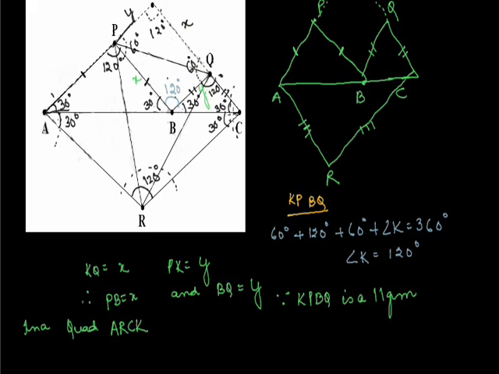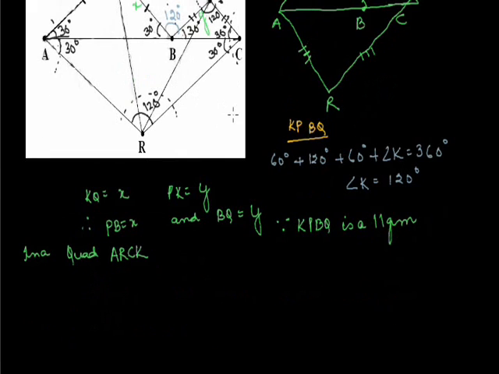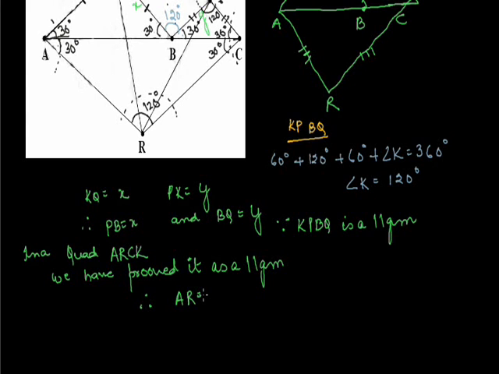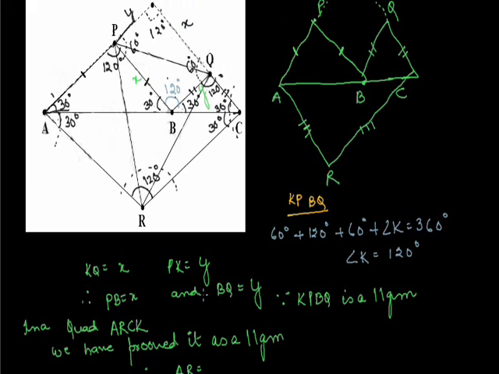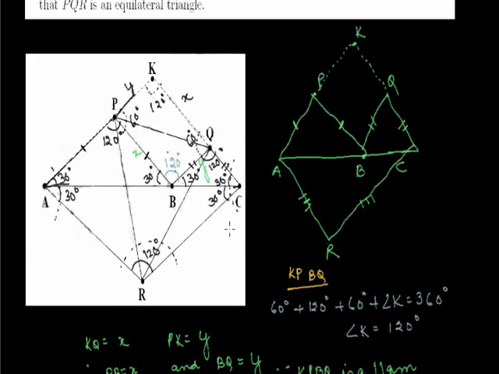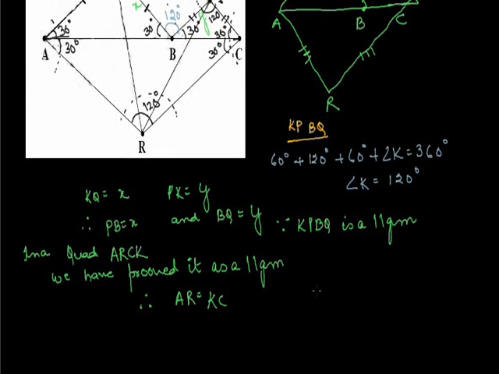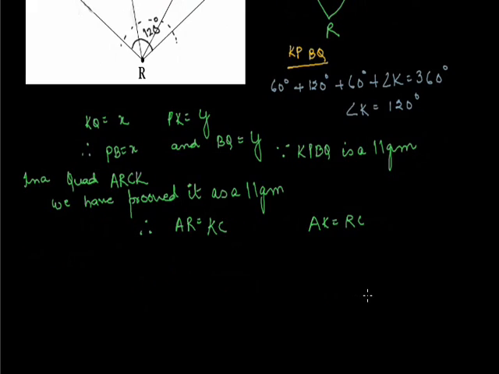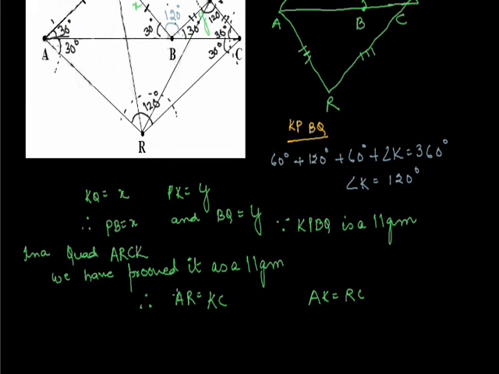So this quadrilateral ARCK is also a parallelogram. We have proved it as a parallelogram. Therefore, side AR will be equal to side KC. So I'll be writing it as this, and similarly side AK will be equal to side RC, because opposite sides of a parallelogram are equal. So AR will become x plus y